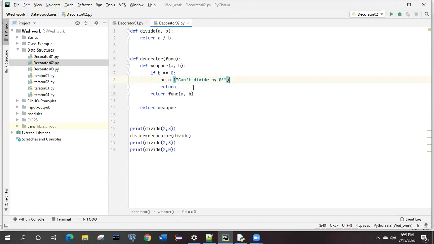Let me just give you an example. For connecting to a database, your work is to fetch the data from any of the databases, and then you need to display it in Tableau, right? So there, what you will do, first you will connect to that one. And then you will display, and after that you have to close it. So that decoration part we can take as the connecting and closing.